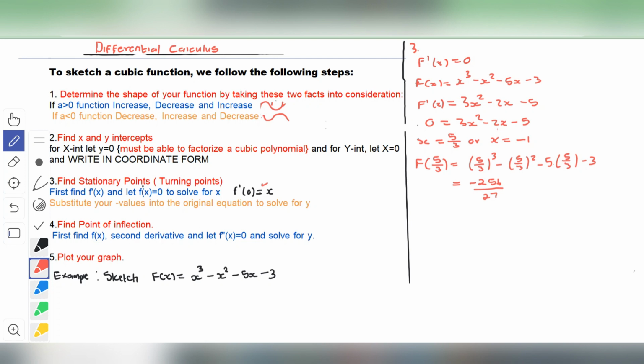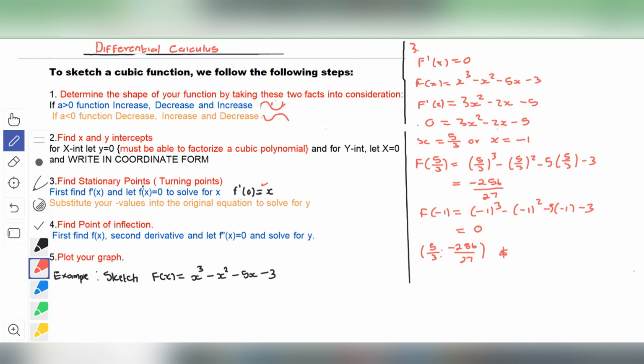So now we do what for -1? So for -1, we're going to have -1 cubed minus -1 squared, minus 5 times -1 minus 3, which is going to give us 0, right? So meaning the values that we have now for the turning points is what? It's 5 over 3, and the y value of it is -256 all over 27,